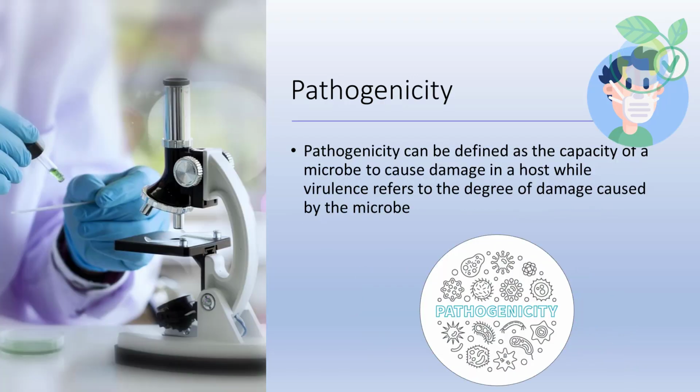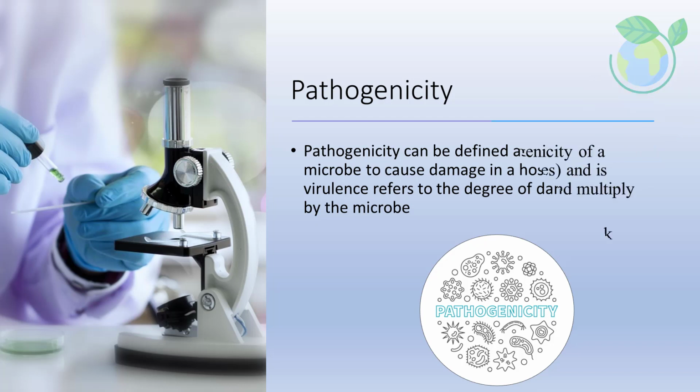Pathogenicity can be defined as the capacity of a microbe to cause damage in a host, while virulence refers to the degree of damage caused by the microbe. Unlocking the genetic code of disease-causing microorganisms has helped identify common features associated with their virulence. These include pathogenicity islands, the incorporation of bacteriophage genes, and abnormal amounts of guanine and cytosine in the sequences of